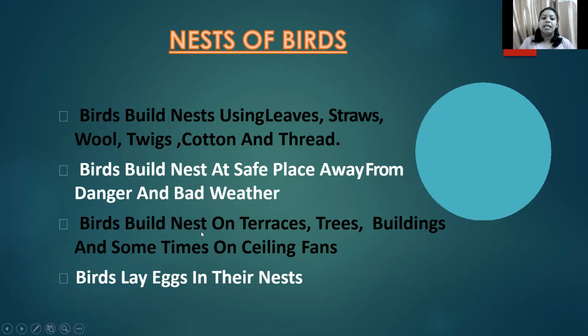You can see that birds build their nests on trees if you observe carefully, and also on buildings. Very recently we can see that they also build their nests on terraces, and very often sometimes you can see that they build their nests on ceiling fans.